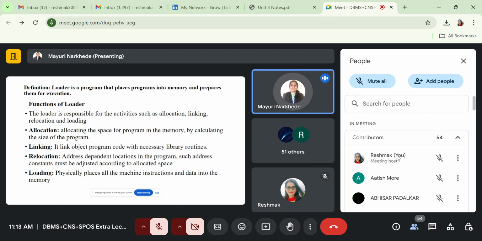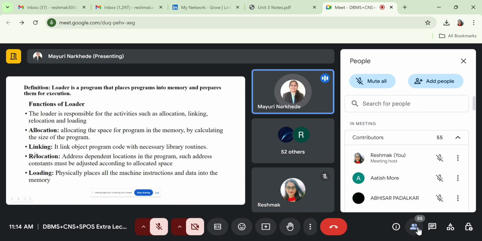Or suppose there is one function, and in that I have called another function, and the definition of that function is written in another module, okay. So what does that linker do? Linker links those different object files, okay. So the linker resolves the symbolic references of the code or data between the object modules by allocating all the user functions or library functions used in your program. That is the function of linking, right?